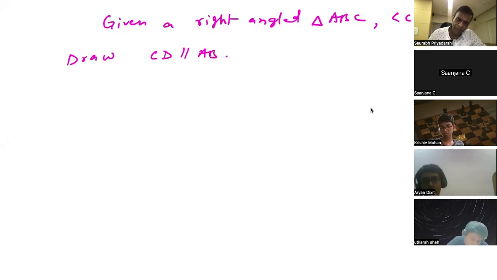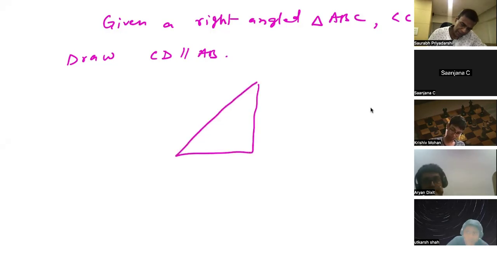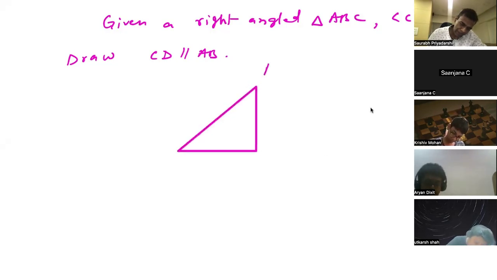Right, I'm giving you the diagram. ABC is 90 degree, ACB in fact. ACB is 90 degree. A line this is parallel